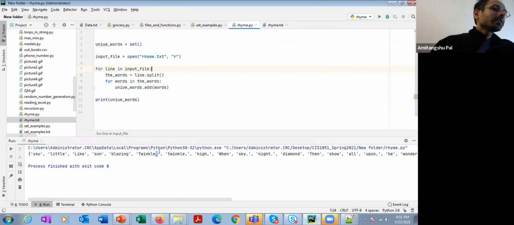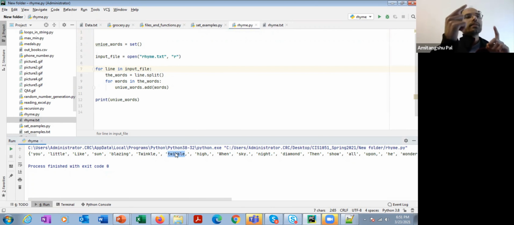And the second thing is that this twinkle and this twinkle are not two separate words. The only thing that is different is the letter case. As the letters are different, the set is considering them as two different words, but actually they are the same word. So I need to take care of the capital letter and small letter cases.